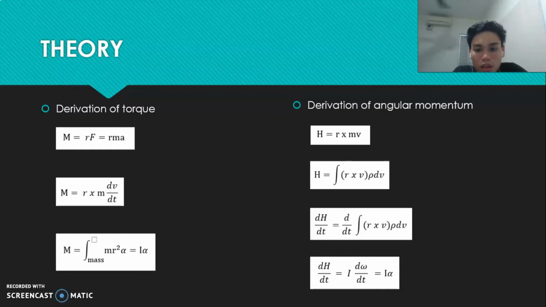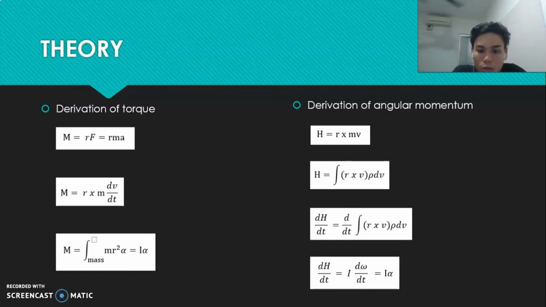The total torque acting on a rotating rigid body on an axis can be determined by integrating the torque acting on the differential mass. So we integrate the torque with the mass, and we get the new equation of the torque, which is equal to the moment of inertia times the angular acceleration. For the angular momentum part, H is equal to the radius times the linear momentum. Linear momentum is the mass times velocity. So the angular momentum formula is H equals r times mv.